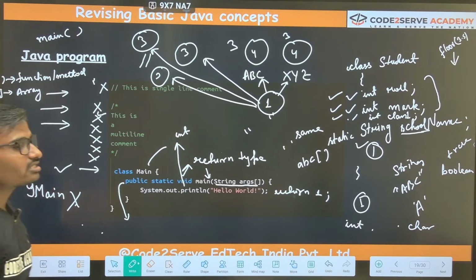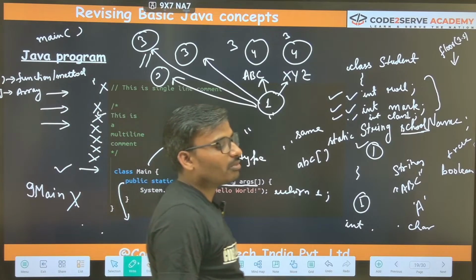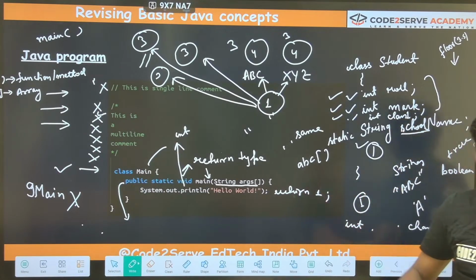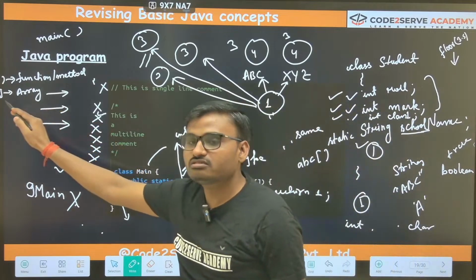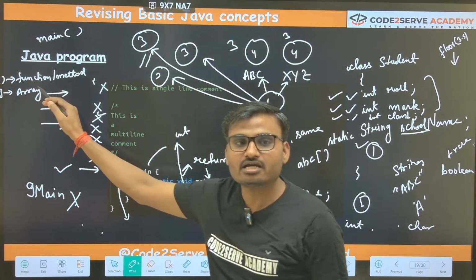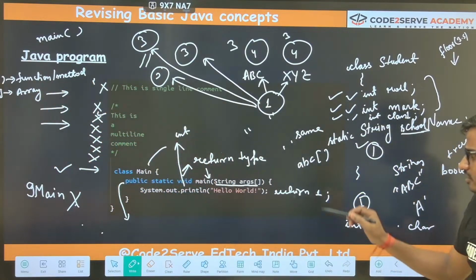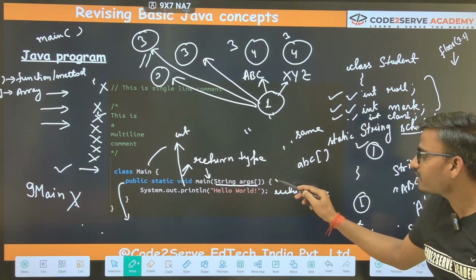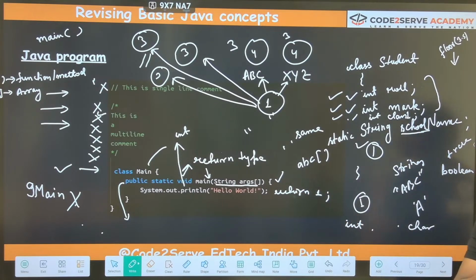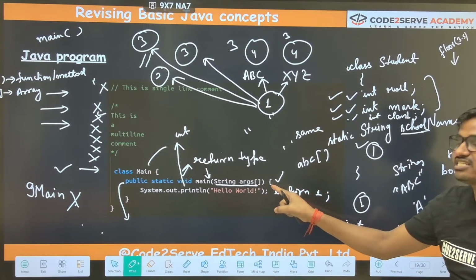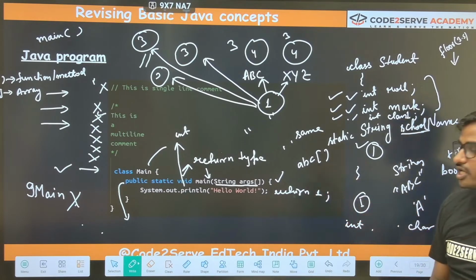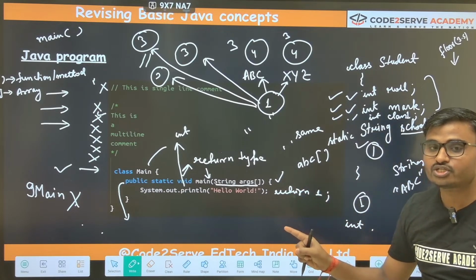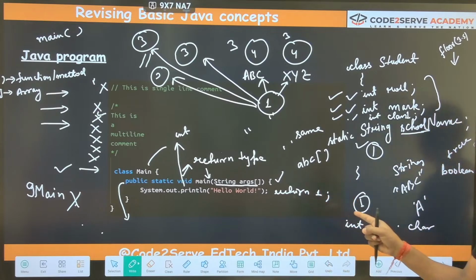You might not have learned about arrays last year; you will learn them in class 10th. For now, just remember that rectangular braces mean an array. Got it? Now next is the starting. Whenever you have a function, you'll always have a starting curly parenthesis. Curly braces. Whenever you write a function, you have to write curly braces, right?